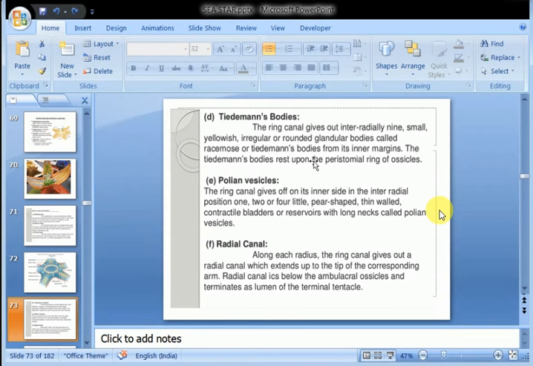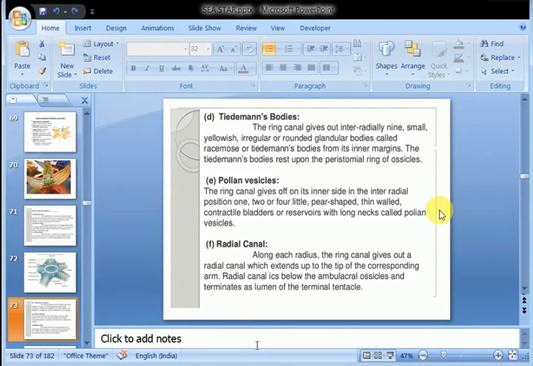And each Tiedemann body consists of a bounding peritoneum enclosing a stroma of connective tissue, and muscle fibers containing several radiating structures. The electron microscopy has revealed that each cell of the radiating tubules bears a flagellum in the midst of the microvilli-like processes. The exact function of these is not well established as yet, and some say they are lymphatic organs producing amoebocytes, though this is not yet confirmed.